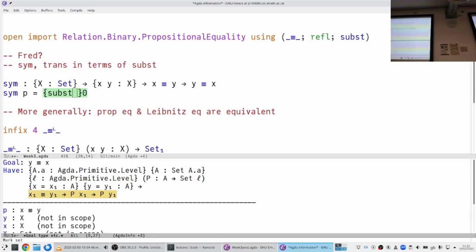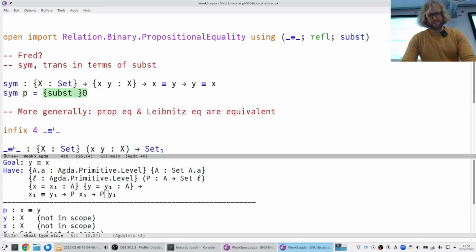So here again, we're saying if I have X and Y, and subst says if now X is equal to Y, and I know P of X, then I also know P of Y, right? So any property that holds of X also holds of Y if X and Y are the same, which is very sensible, right? And it's called subst because I'm taking this property P and I'm substituting Y for X here, right? So I know P of X, I know that Y is the same as X, so then by substituting I get P of Y. That's the idea of the name, right?